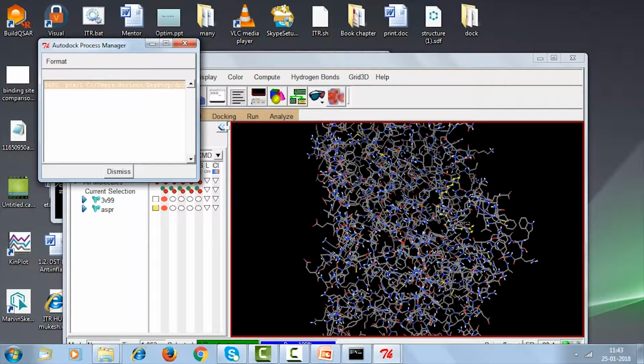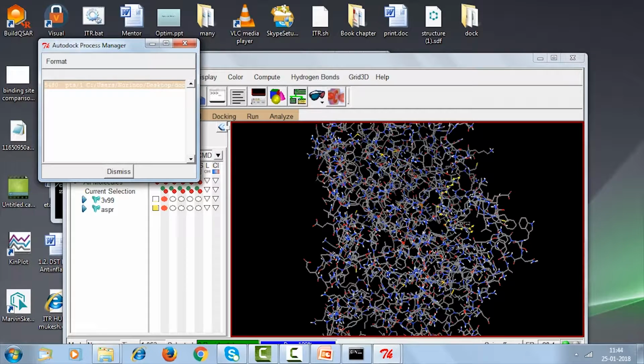Again, when you run the autodock, we can give in conformations for the ligand to take into the active site. Generally we have to do 100 conformations at least, but for our convenience we will just run 10 conformations, and then see how it looks. So 10 conformations means the aspirin will be placed at 10 different locations inside the grid box, that is in the active site. The grid box is created over the active site, and then